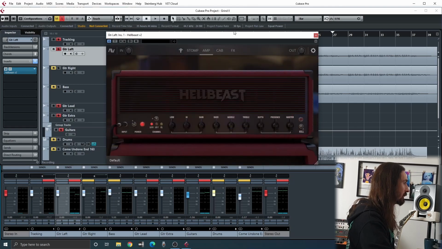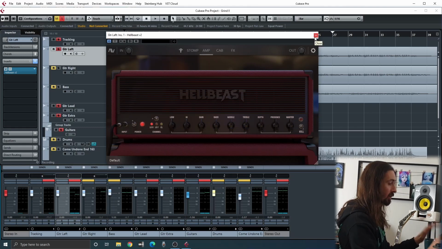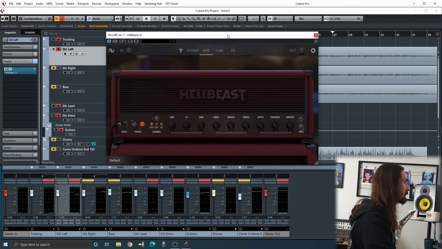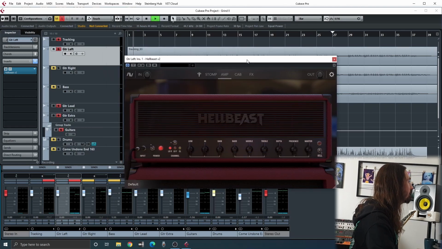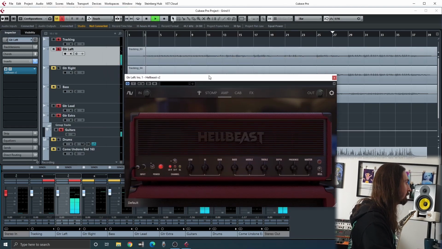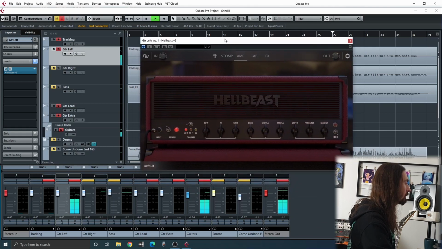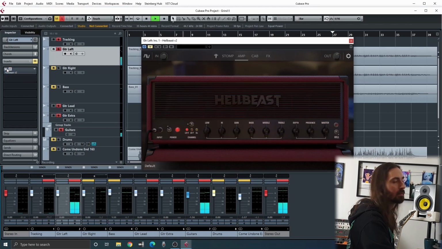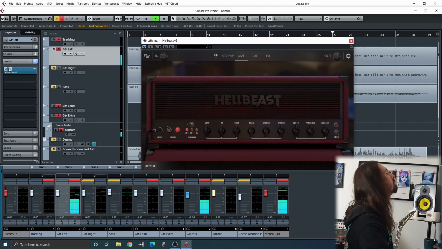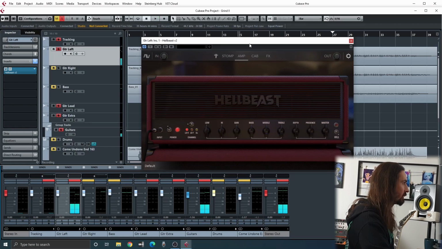So like all the other ones, we'll do the same thing where let's just push play and see how it sounds. And so default without touching anything. Let's see what we get. Compared to that. All right, so